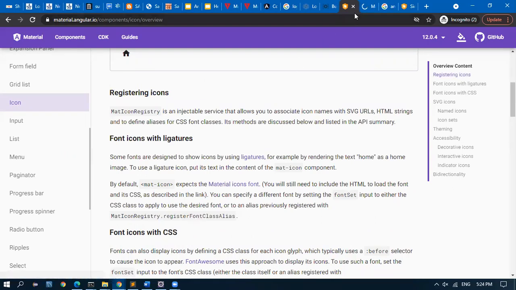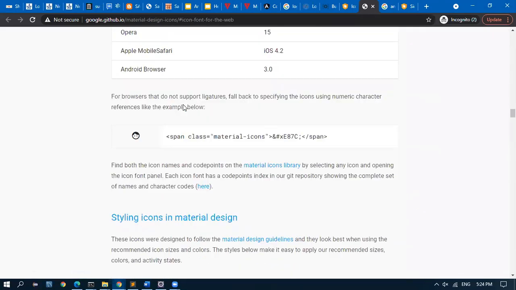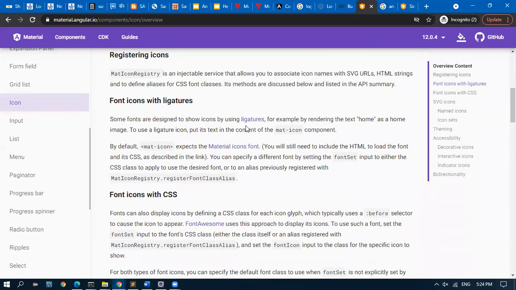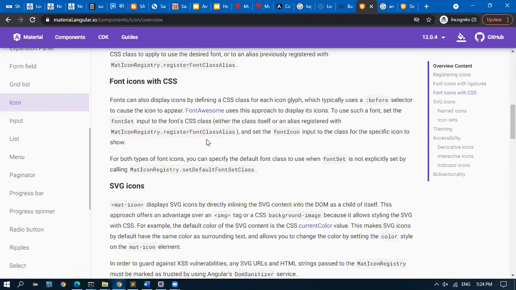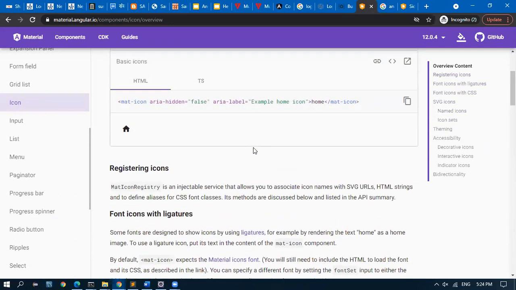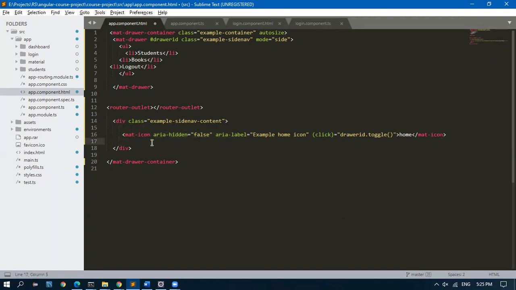If I go here, material font, we have around 900 plus fonts available. Where are the fonts? If I give mat icon instead of this button, and I push this click function inside the icon and remove this button tag, I will get one icon.